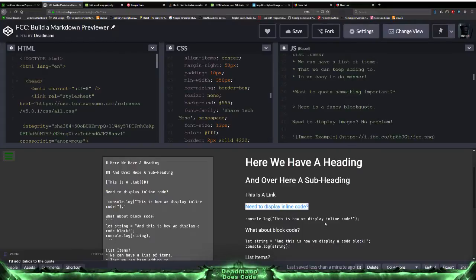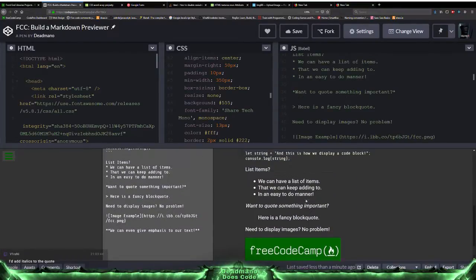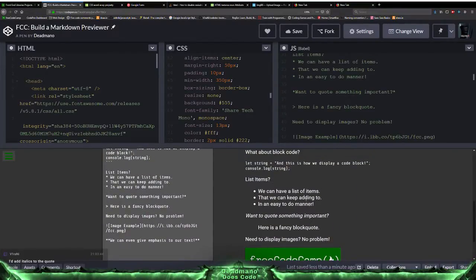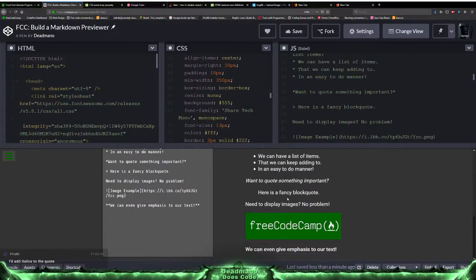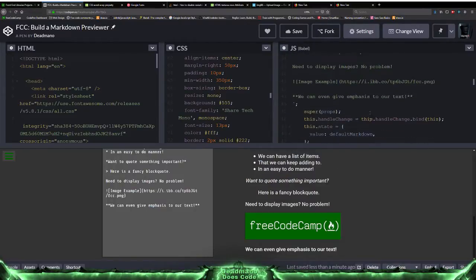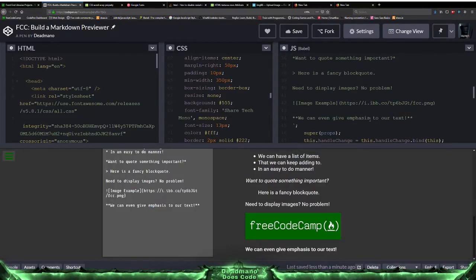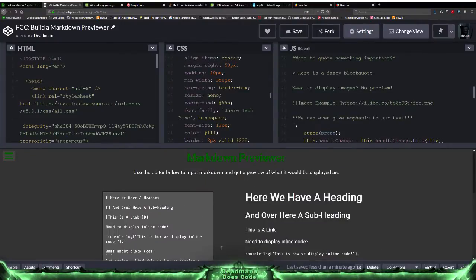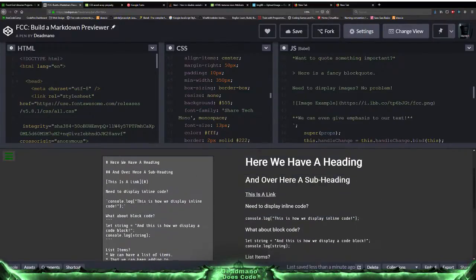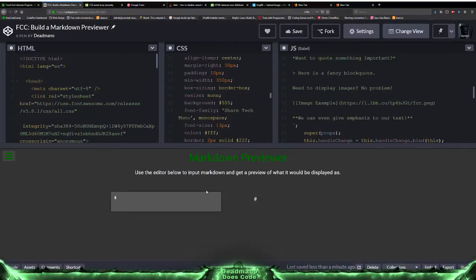Add italics to the quote. Yeah, that's a default block quote though, so I didn't change the styling on that. If they have styling for that, then this is just Markdown. I'm talking about the layout of the actual thing. This is the text area to input. So obviously, as you're typing, Markdown preview, so title,